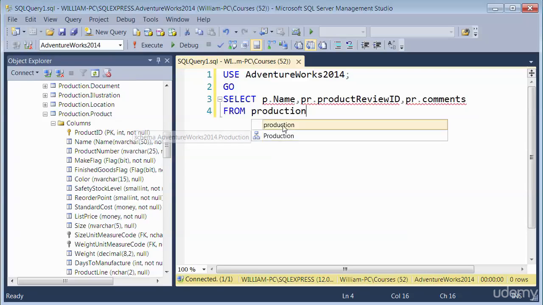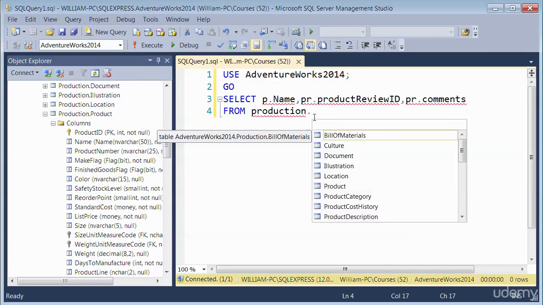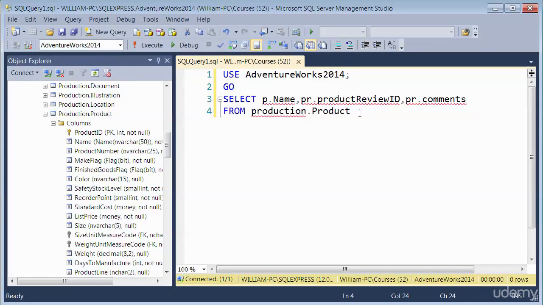I've got a suggestion here. I've already put it there. Then a period, and then the name of the table. It gives me a suggested table name, so this is the table I want. And now I specify the alias. So I've now specified the alias P here in the from clause that I've used in the select keyword